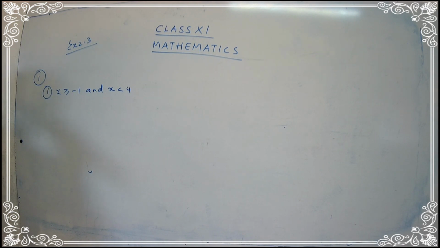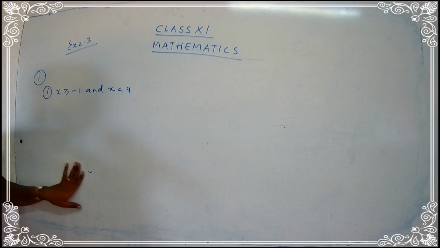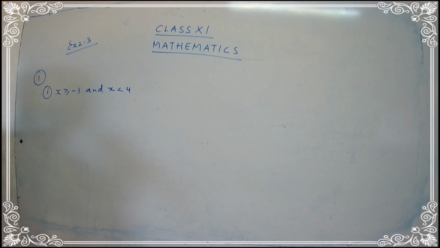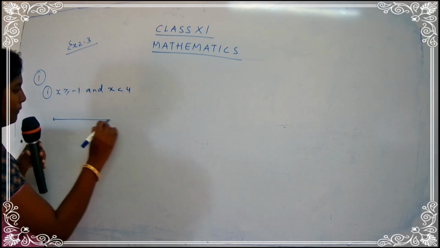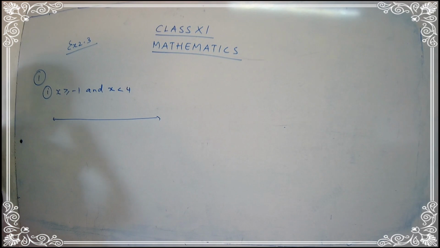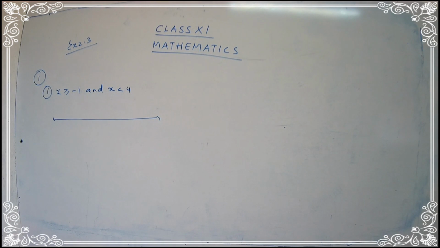Okay, so x is greater than or equal to minus 1 and x is less than 4. So the easiest way is to draw a number line, and let's try to find out the interval notation. So I'm going to draw a number line. Just draw the number line below it. You're going to take your scale and your pencil and draw a number line. Nobody is going to draw the number line with a pen. Be careful. You have to use your scale and pencil. So draw a number line, children.